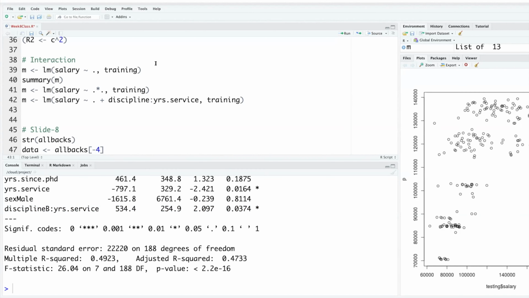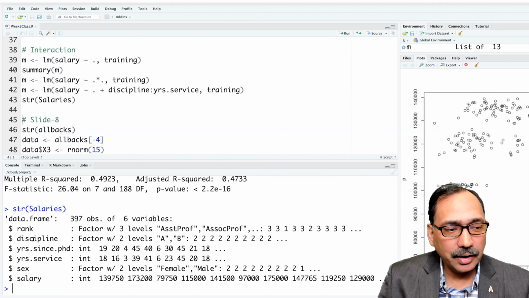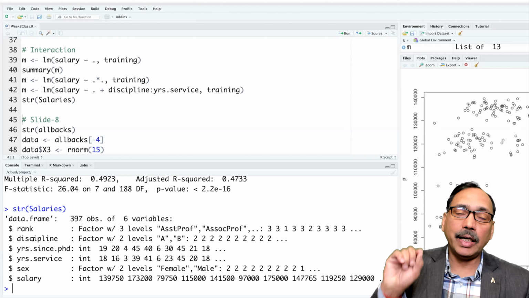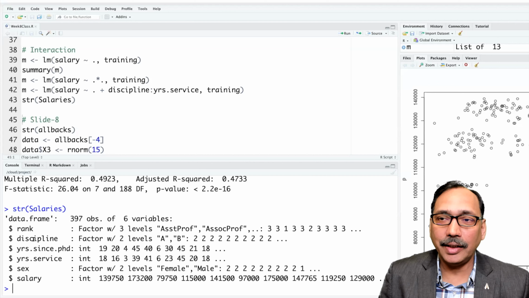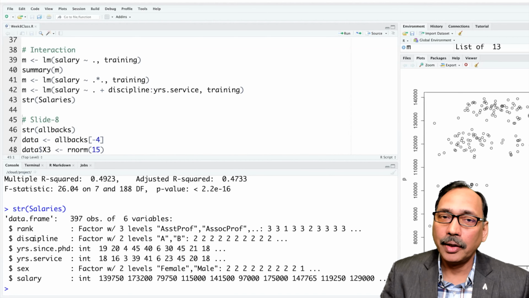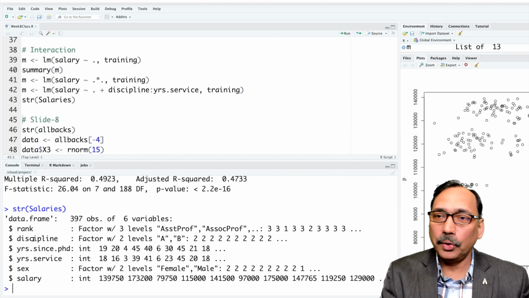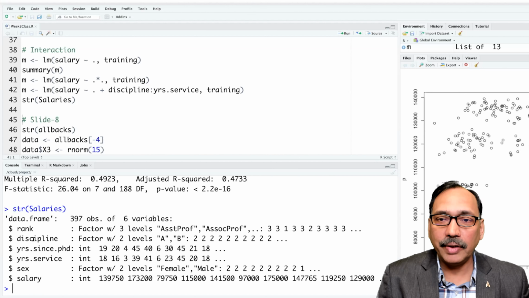And one more thing actually, if we run salaries data structure, sometimes if the discipline variable is represented by ones and twos, R will not notice that actually it is a factor variable. It may say that it is an integer because it only sees ones and twos and thinks it is an integer. But when we are analyzing data, we know that this variable is a factor. So we may have to convert occasionally a variable that is being shown as an integer variable to a factor variable.